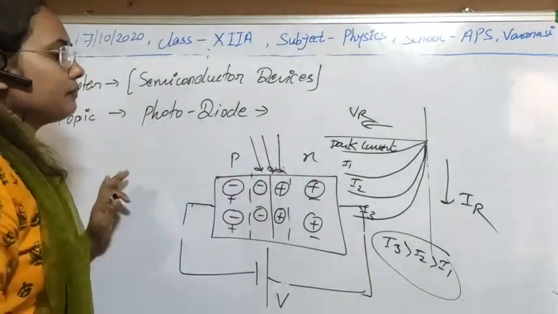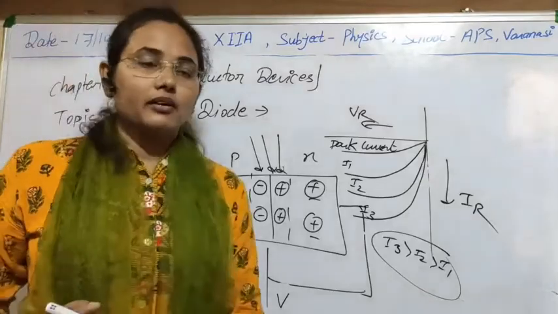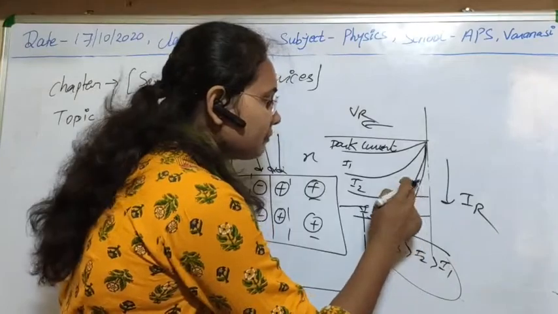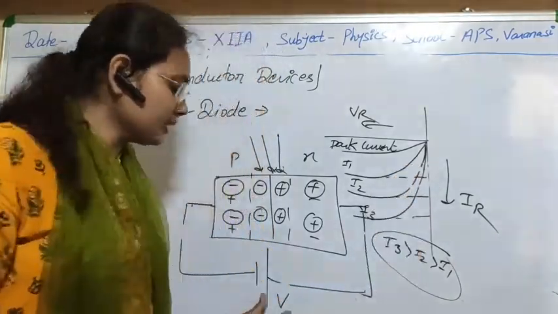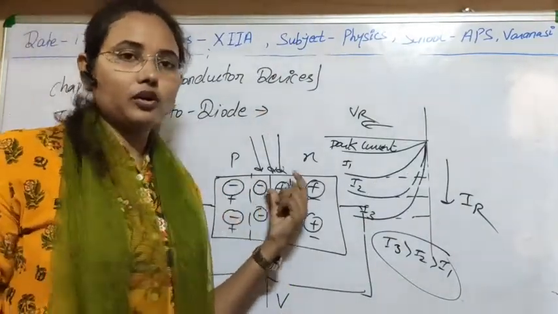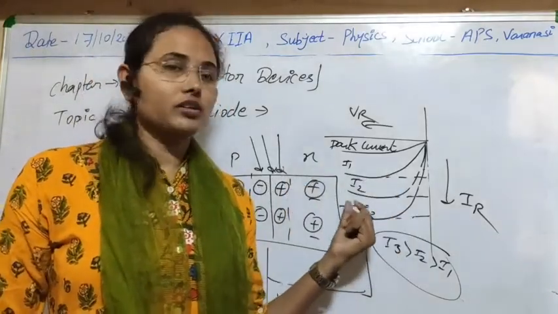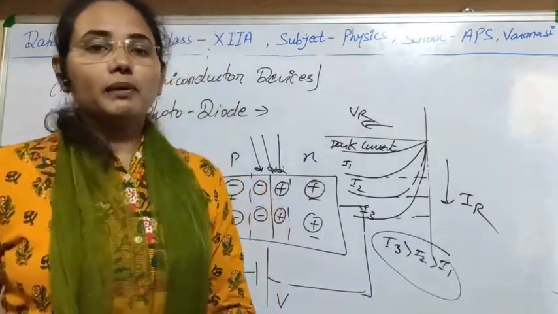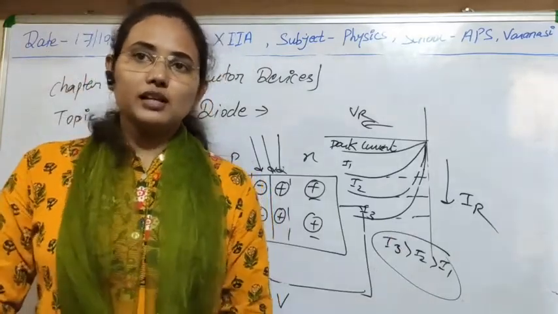So I think the concept of photodiode is clear to you now. Where can we use this concept, where can we use this amount of current? As we are seeing, after some time the current in the circuit becomes constant, because the voltage here is constant. At constant voltage, the number of charge carriers produced after some time will be constant. So we can use this constant supply of current in so many processes, like we used the photocell in so many processes.